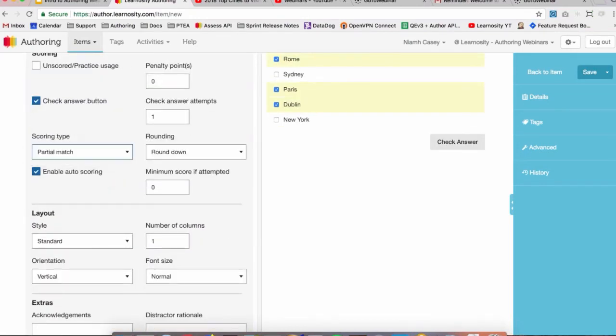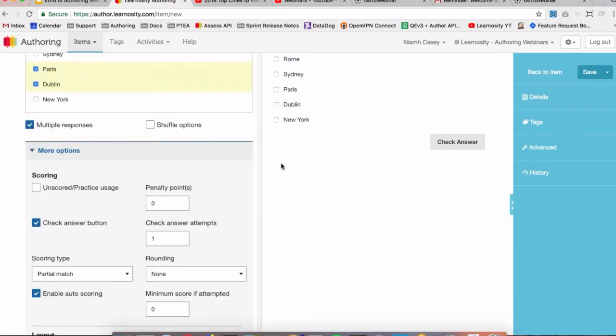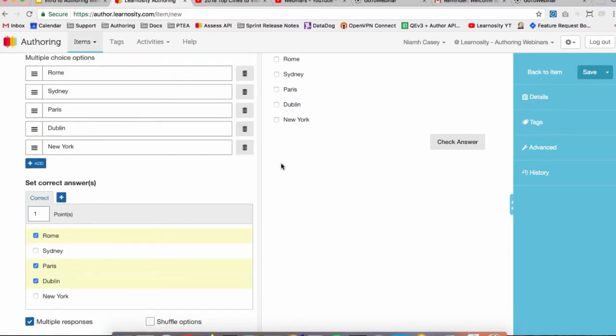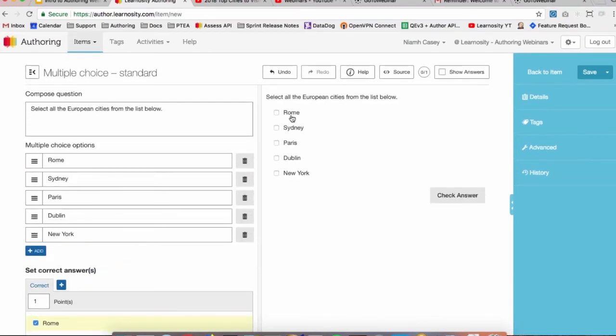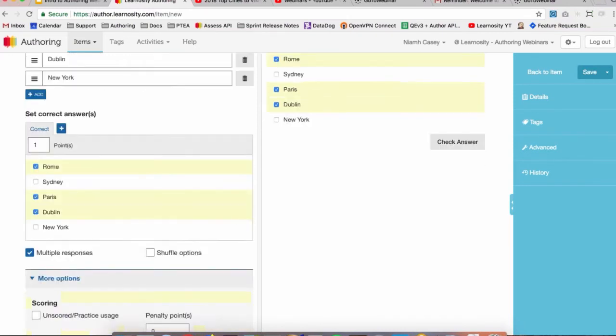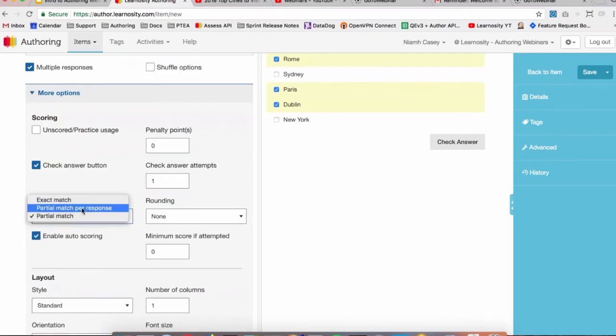And then we have partial match. So if I select rounding to none. Okay, so partial match, I have my 1 point in the points box here, but now the whole question is worth 1 mark, and each correct answer is worth 0.33 marks. So Rome, you can see here 0.333 out of 1, and so on till we get all of them correct. Okay, we'll change back to